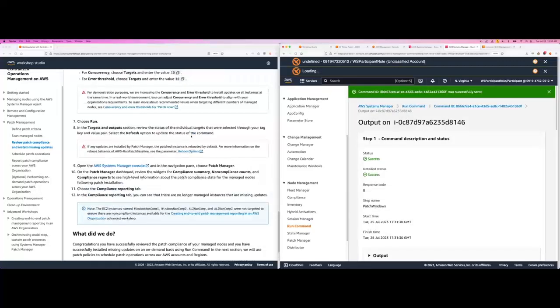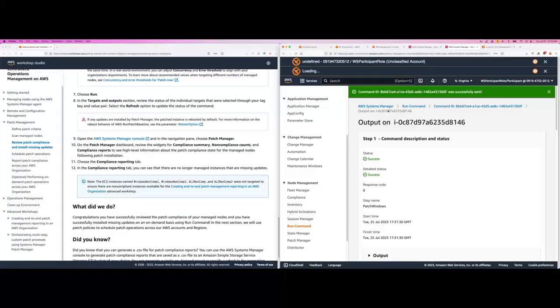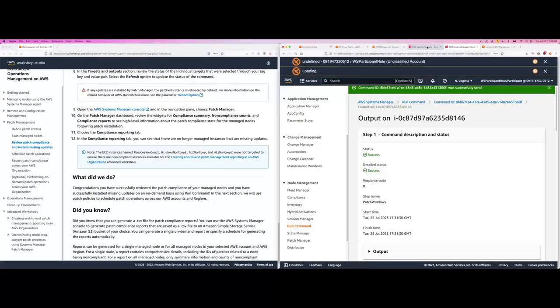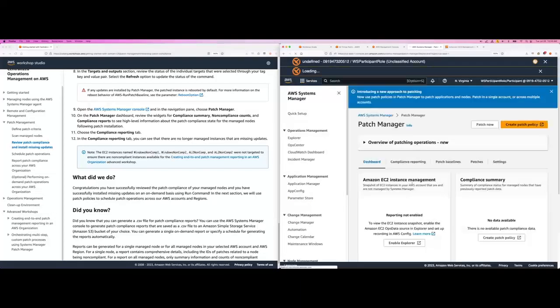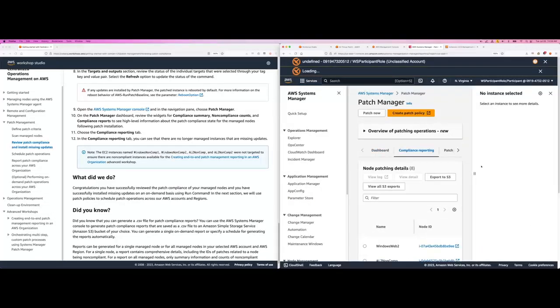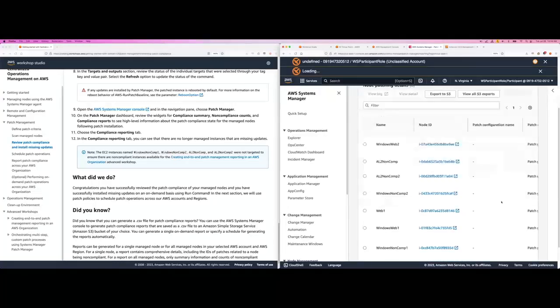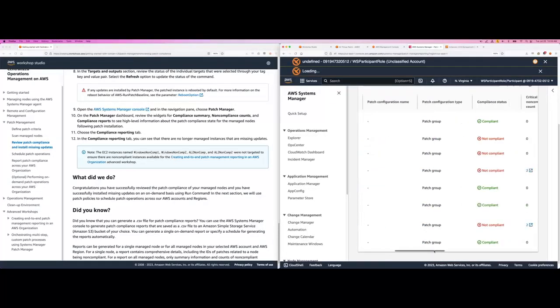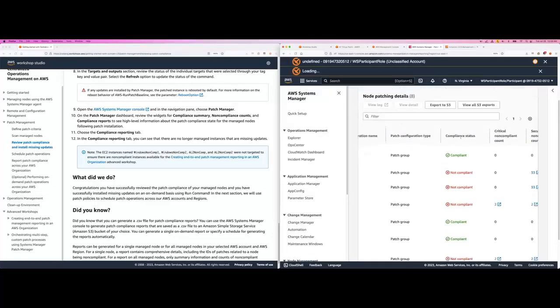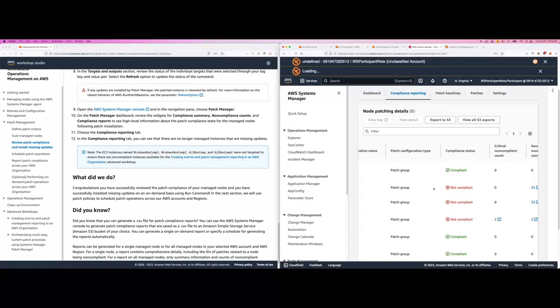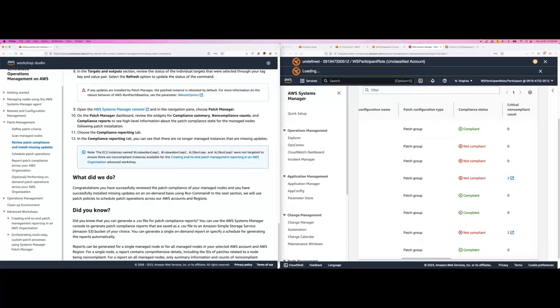All right. So now let's go back to our patch manager screen and see what nodes got patched. I'll close this and head to patch manager. So you can go to navigation, patch manager, and compliance reporting. Refresh this. Yeah, as you can note in the